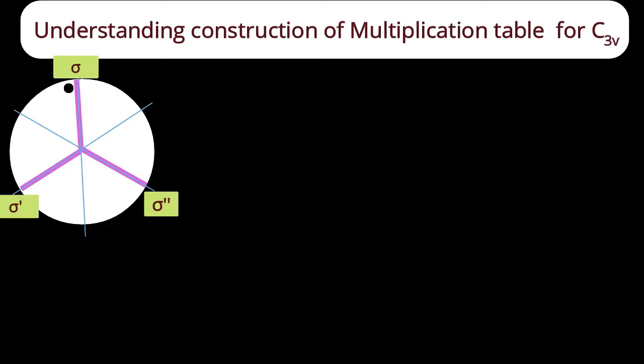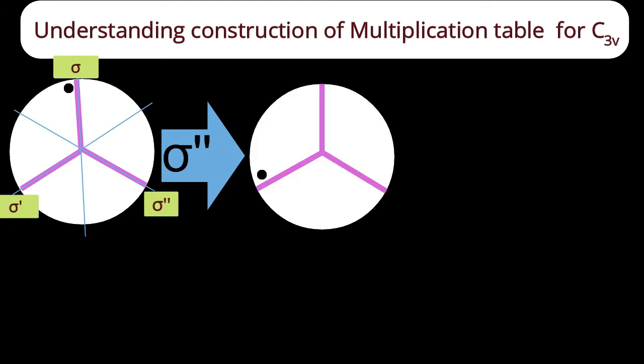Original ammonia molecule. Let us perform a reflection operation through the plane sigma double dash. The resultant structure will be with the knot to the left side but the upper portion of that left side bar. Now to this resultant structure I will perform a rotation operation. Which rotation operation? C31, meaning rotation by 120 degree in anti-clockwise direction. If I rotate this resultant structure by 120 degree, where will this knot go? That knot will come to the right side certainly.